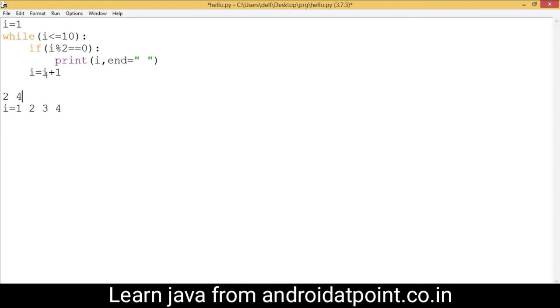Now control comes here and adds the value of i as 4 plus 1 and assigns the 5 inside the i variable. Control again comes here and the value of i is 5, which is less than or equal to 10, so the condition is again true. Control comes here and now 5 modulo 2 returns 1, so the condition becomes false.